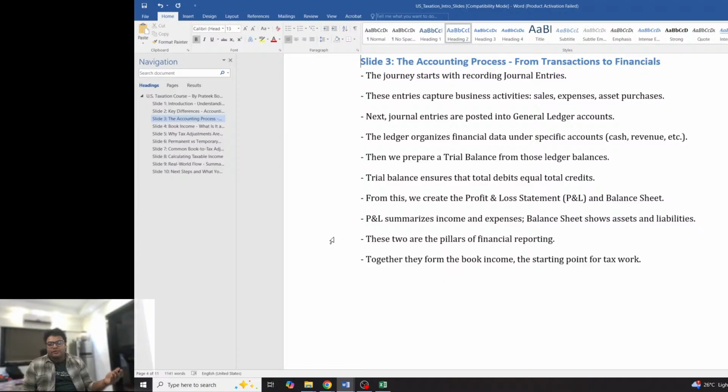We've learned this is the process that we are going to follow, and we've also learned about the three accounting principles on which we will be working, based on which the journal entries will be passed. Next session we are going to discuss what journal entries are, how you pass them, what the general ledger looks like, what the P&L looks like, what the balance sheet looks like, what the trial balance looks like. The entire accounting process is going to be covered in the next session.